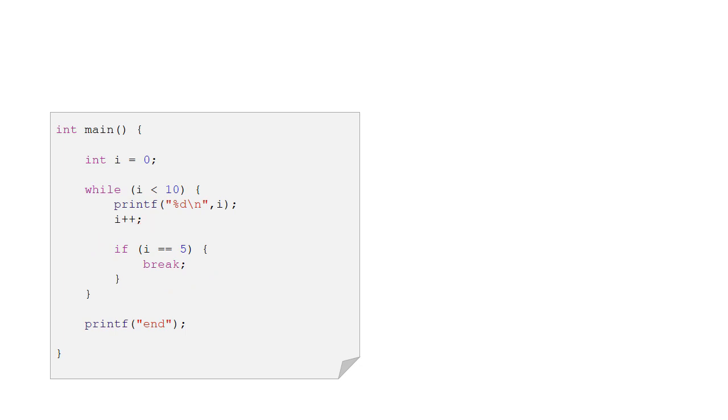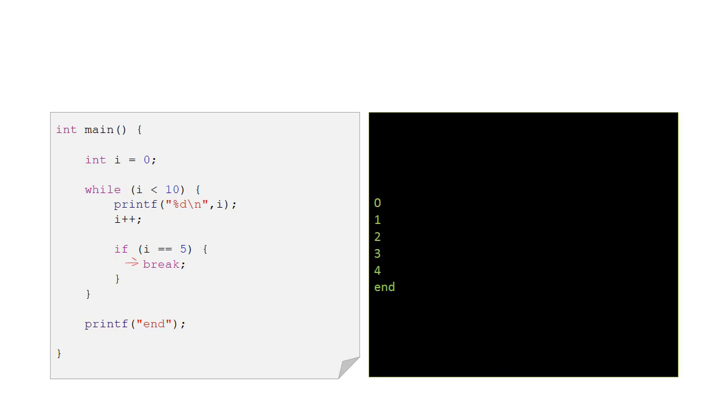Just notice here, this is a double equals. We've got two equals signs here, not just one. This is the equivalent operator. So if i is equivalent to 5, if that's true, then the code inside these brackets will be executed. Then we'll execute the break and we'll drop out of the while loop. If you run that code, it's the same loop as we got before, but now when we've got to 5,